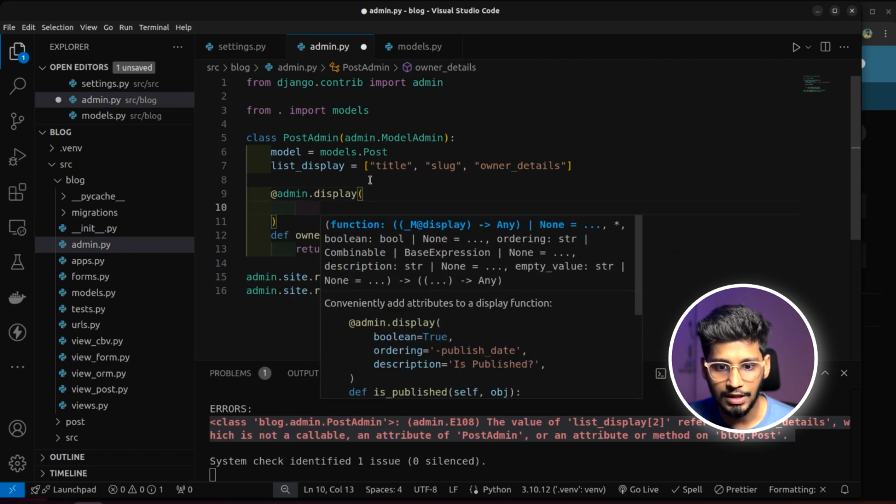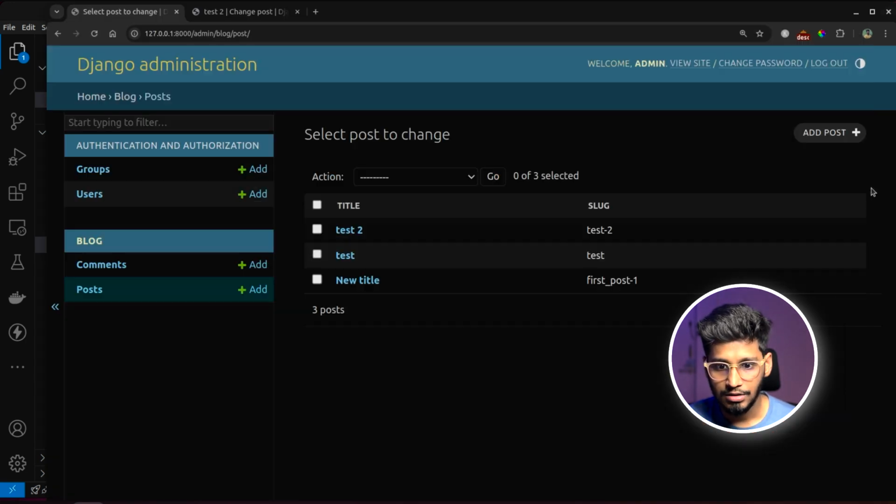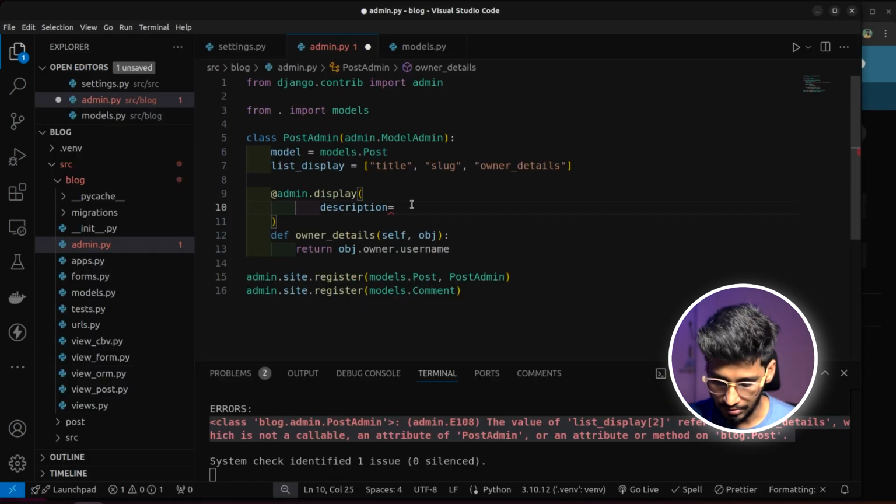In this one we can pass multiple things, but we will use two main things. One is description. This description will be the title of the column. Like slug, we will give something, we'll call it author username,